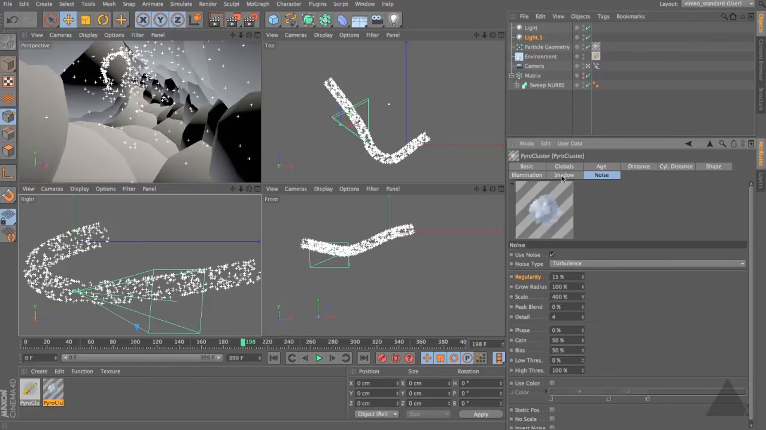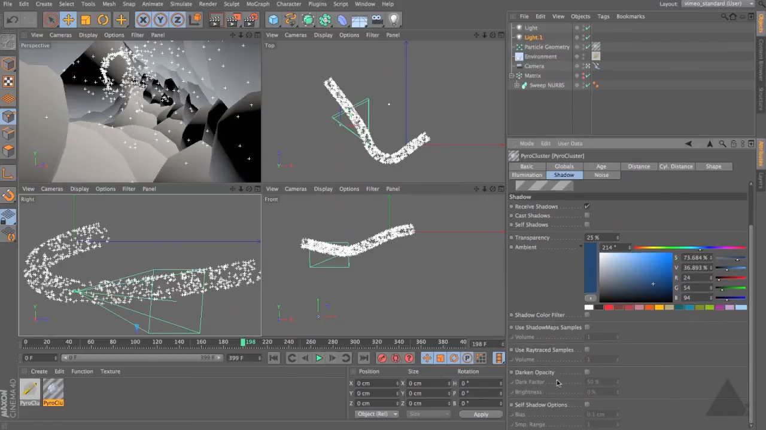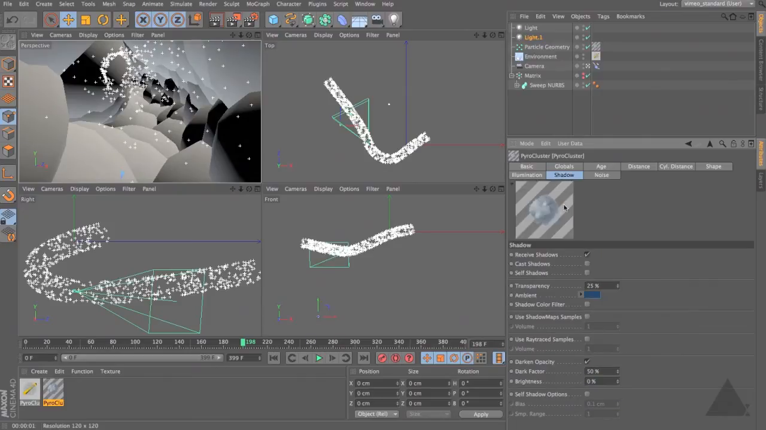If we come back to the shadow tab, we also have the option down here for darken opacity. We can use this to lighten or darken our puffs based on how opaque or how transparent they are. If we just enable this, and let's just fold this up so we can see the preview. Dark factor is currently set to 50 with brightness of 0. If I increase the brightness, you can see that what happens is it makes our puff generally brighter. If we take the dark factor into negative values,